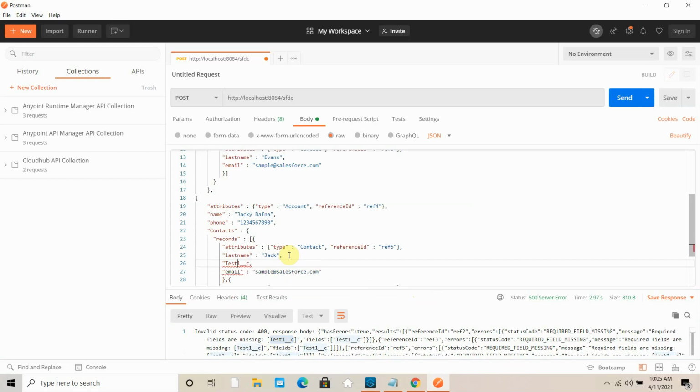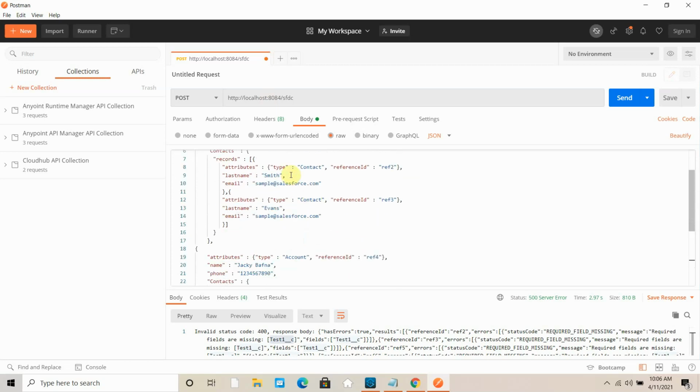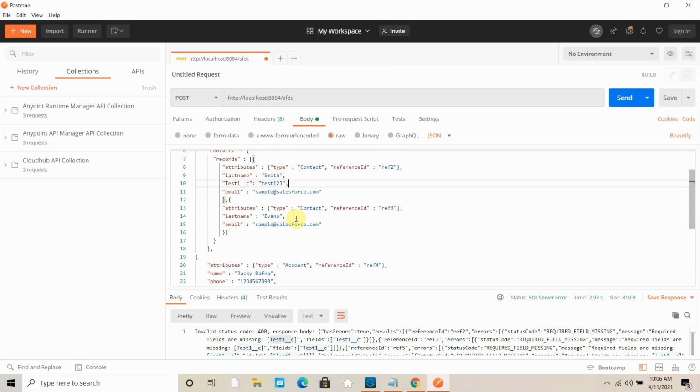Test 123. This is the mandatory field, so that's why we got the error. Let me change this, and I will put this here also. Now fire the request.